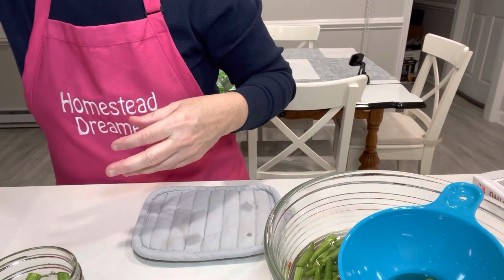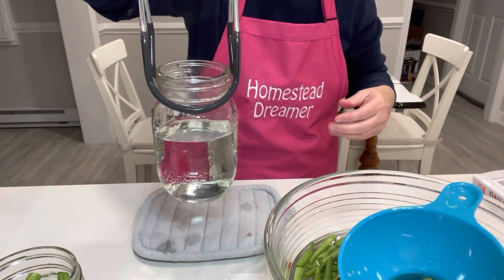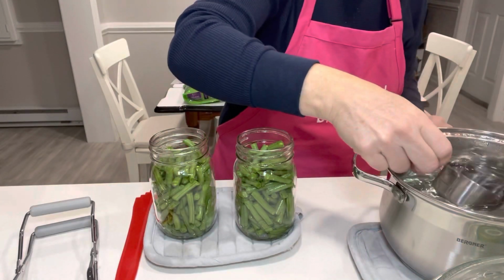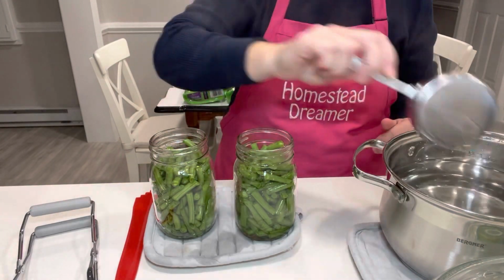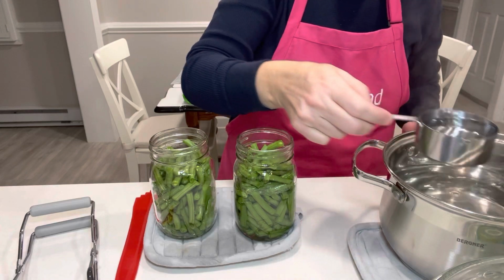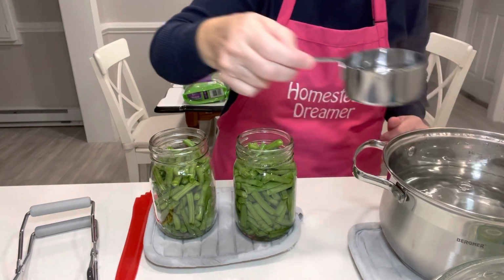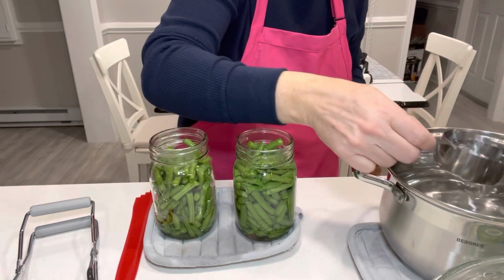And then we'll just take our next jar out. You see it has the water, and I'm going to go empty that, and then we'll come back and fill it. Okay, now we have the 2 jars. Normally I do one at a time. And then we just are going to fill it, as you can see, with this boiling water. And I do not have a kettle, so we'll just have to do it this way, this works fine as well. You see, we just fill it up,